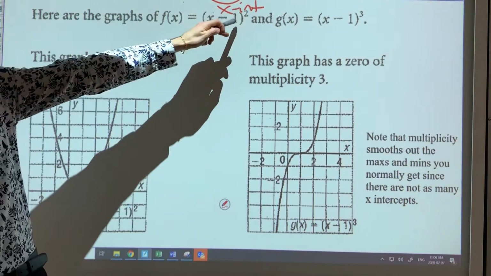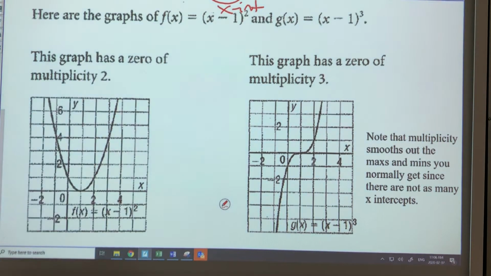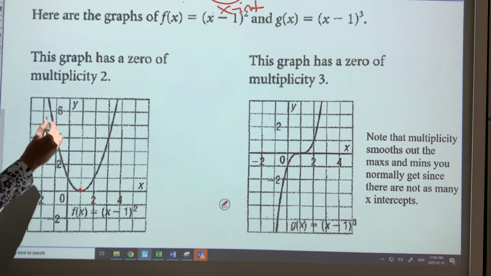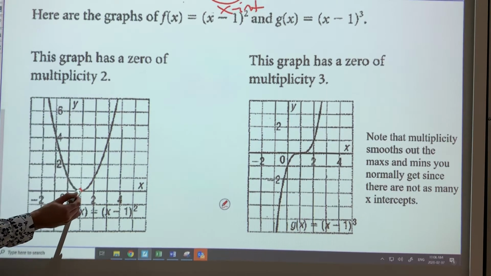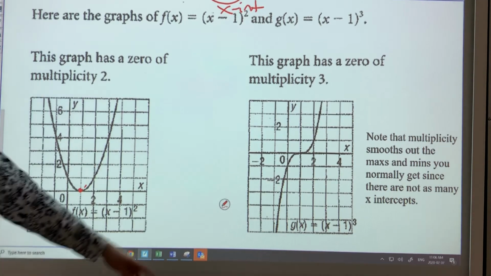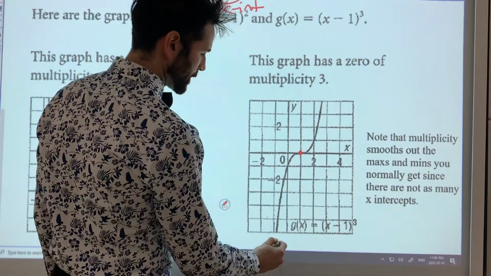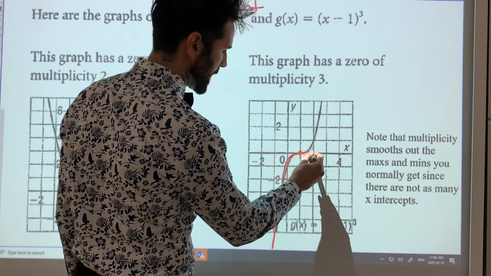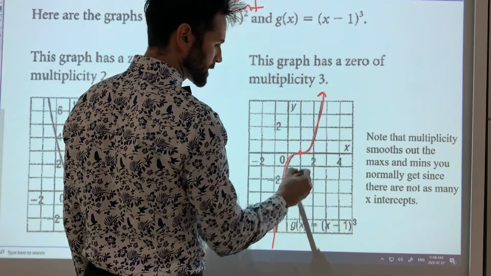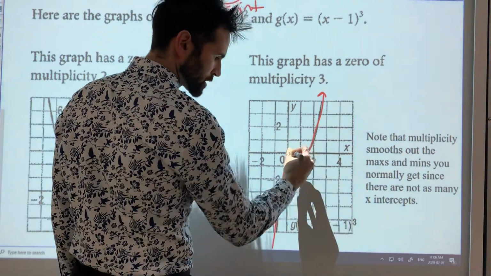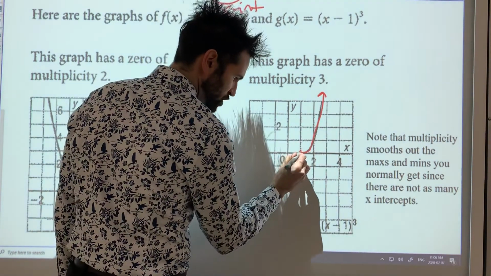So this one had a multiplicity of 2 at x equals 1. So here's x equals 1. And when you have a multiplicity of 2, the graph will actually just touch that x-intercept and then change direction. When you have a multiplicity of 3, so here's that x-intercept at 1, the graph will actually really flatten out and go through that x-intercept. So we sort of draw it as like a straight line, but in reality it's just going through that 1